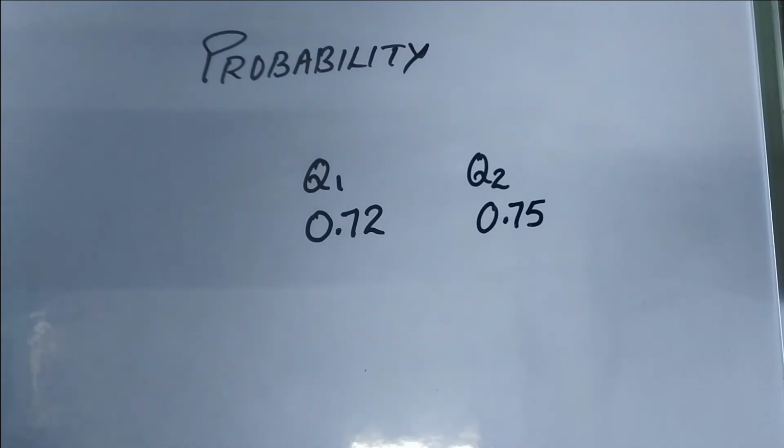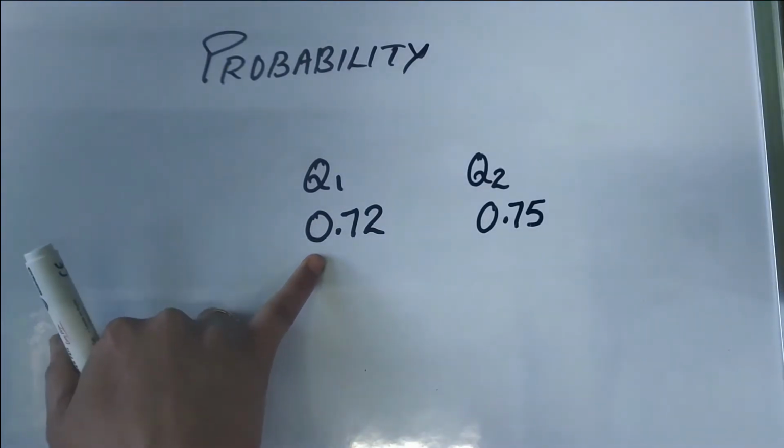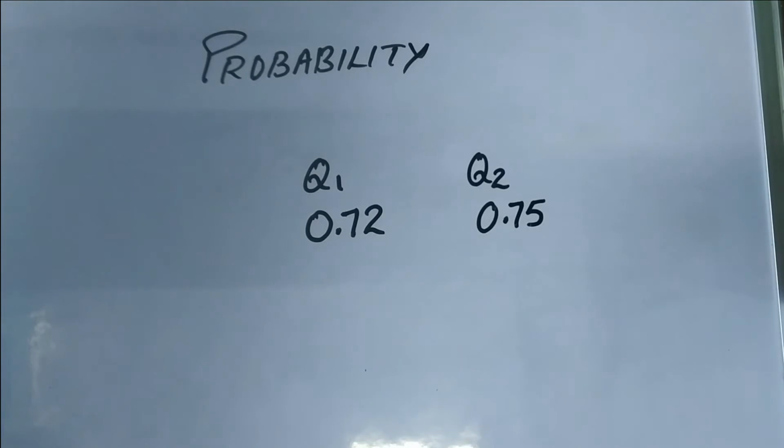So at times the probabilities are taken out by the experimental approach, on the basis of whatever the experiment suggests. In the same way, 40 students attempted the quizzes, and on the basis of their results, I got to know that the probability of passing this quiz is 0.72 and that quiz